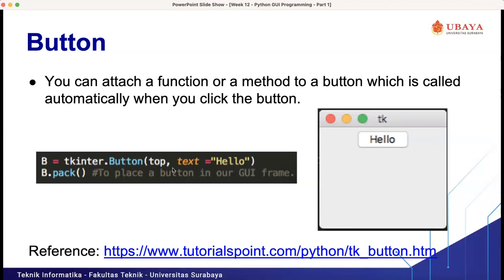We already created a GUI form, then we add a widget here.